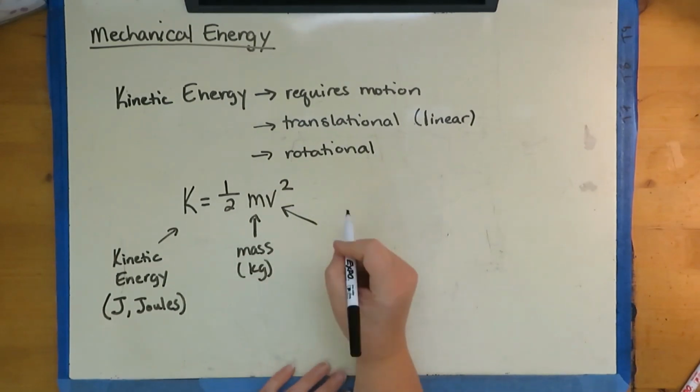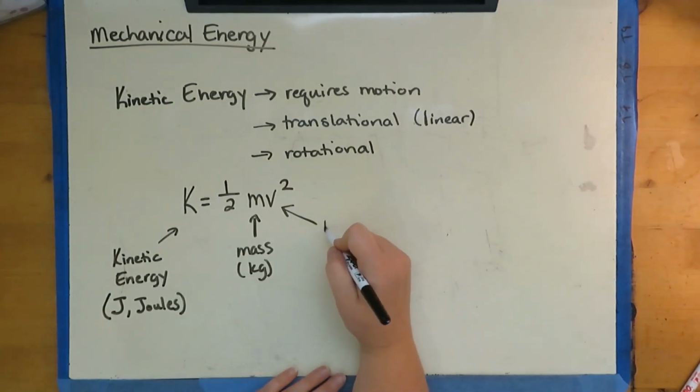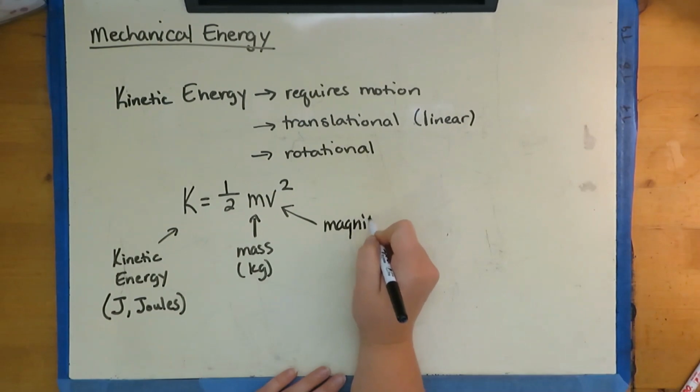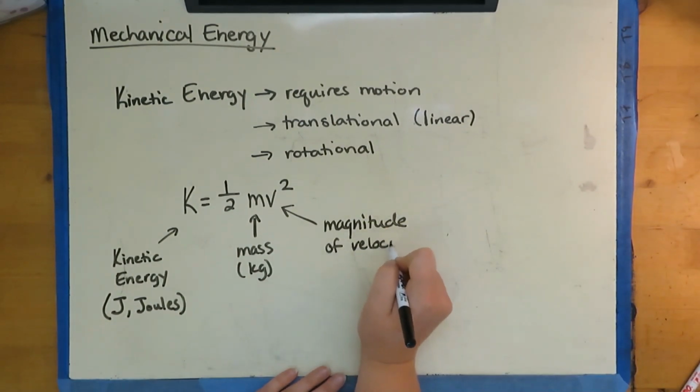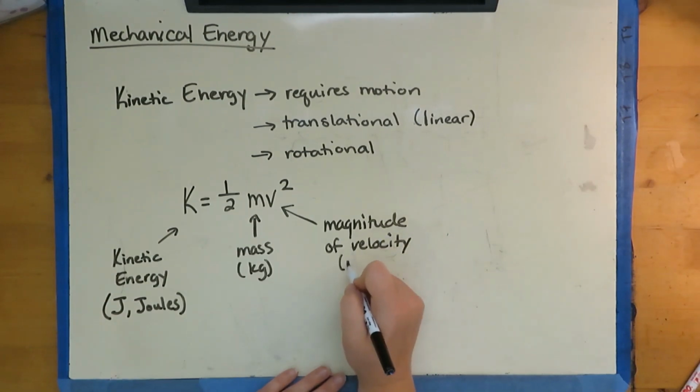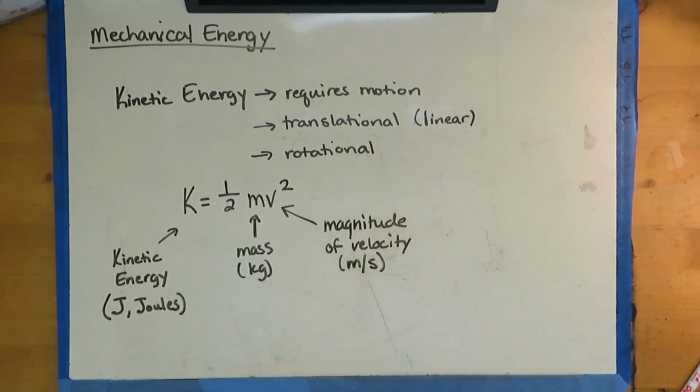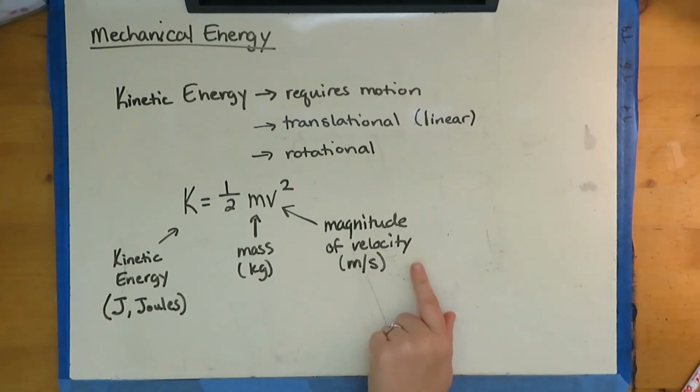V is our velocity. We just need the magnitude of the velocity because of the squared, in meters per second. And so that is the magnitude of the net velocity. So if it was a 2D motion problem, that would be the overall velocity, not just the velocity in the